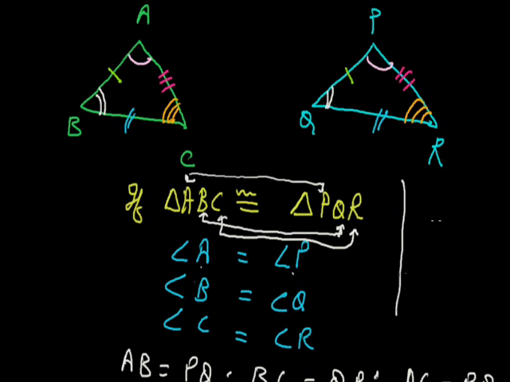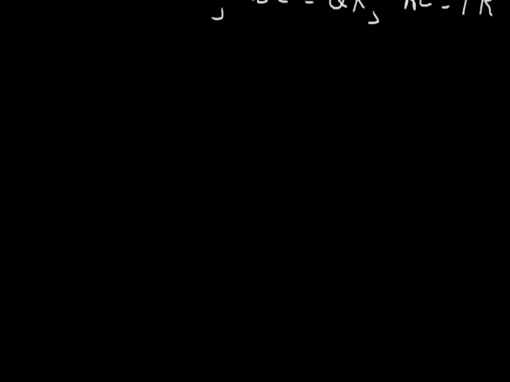Here we cannot write that triangle ABC is congruent to triangle QRP, since angle A is not equal to angle Q, angle B is not equal to angle R, and angle C is not equal to angle P. Thus, this is wrong. Now, to show that two triangles are congruent, we need not show all the six